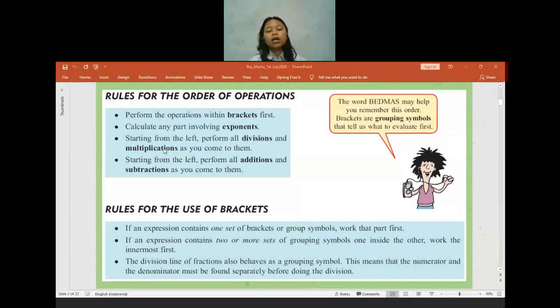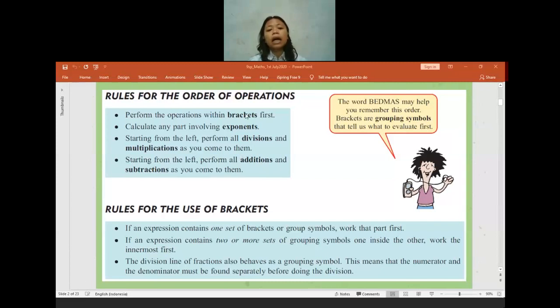If the one that comes first is multiplication, we do multiplication then division. After all the multiplication and division are done, we can move to the addition or subtraction. Addition and subtraction are on the same level, so whatever comes first we calculate first. It doesn't have to be that I calculate the addition first then the subtraction. No, sometimes we can do subtraction first then the addition. It depends on the calculation given. Whatever comes first, we calculate first.